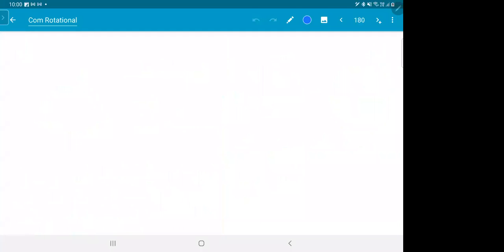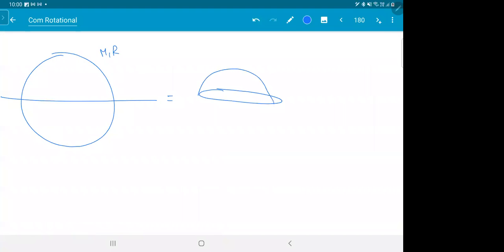I'll just tell you. Suppose a full sphere is there, m and r. If you cut this into two pieces, you get half. So this is 2 by 5 m r square. I agree, this will be half of 2 by 5 m r square, because you cut it into half. But what is the catch here? इसका mass कितना होगा? m by 2 ना? But here in the question, see what is given. Hemisphere का mass is only m.